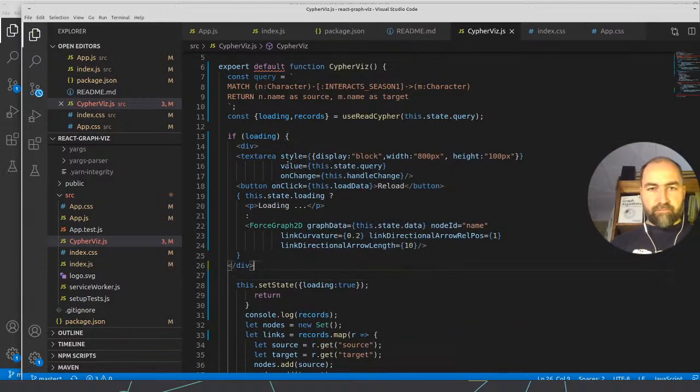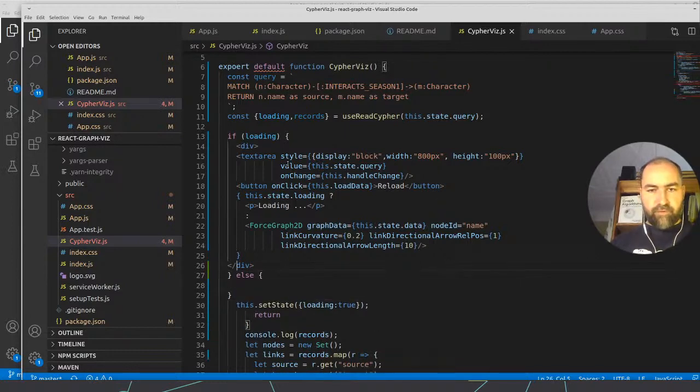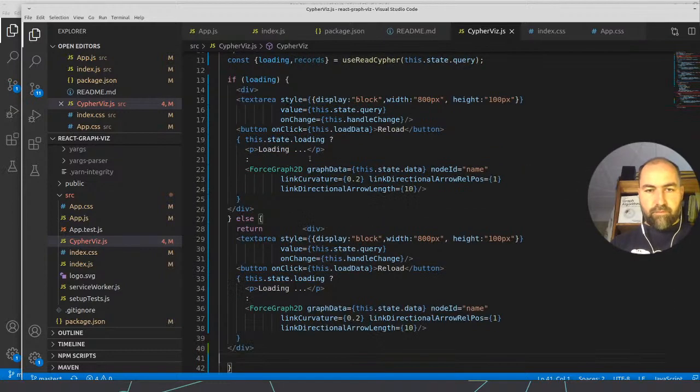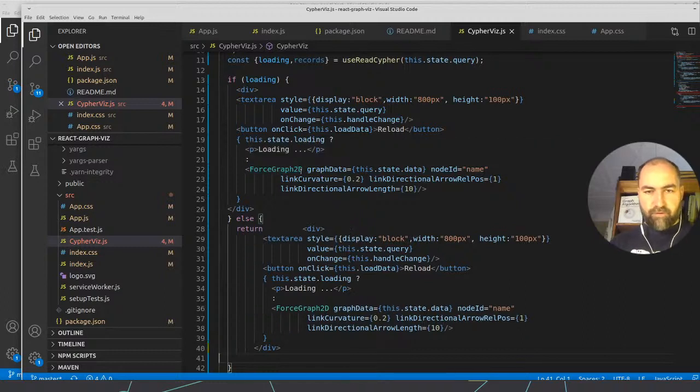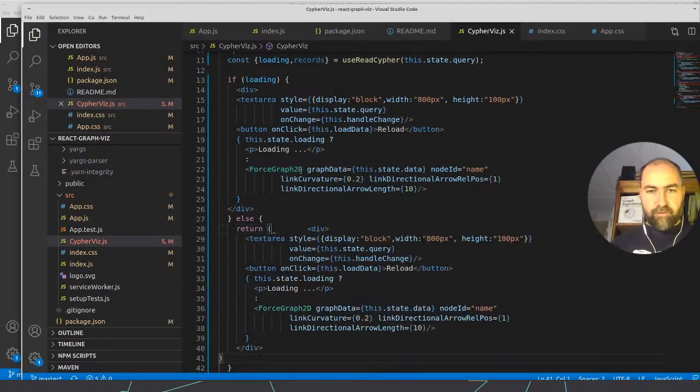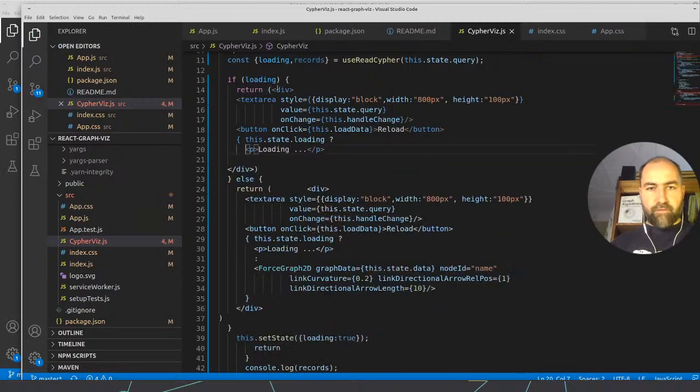And else we return the full component. And of course return needs to be in round parentheses if I'm not mistaken. So, and for this we just say loading here.